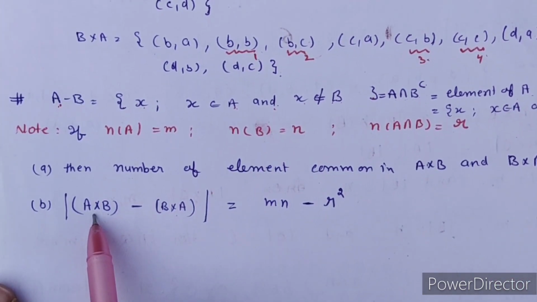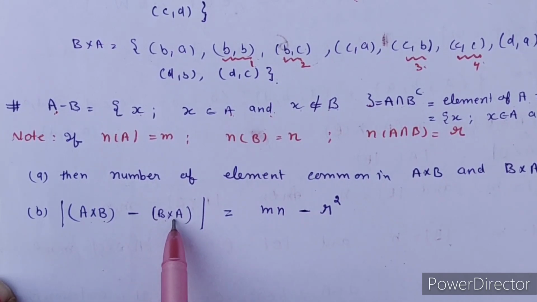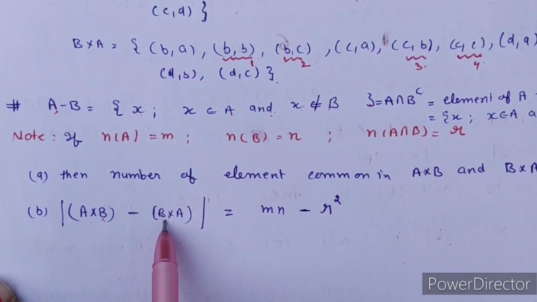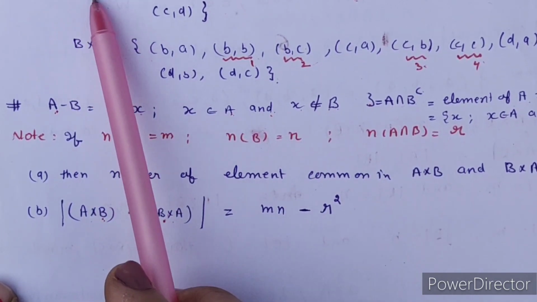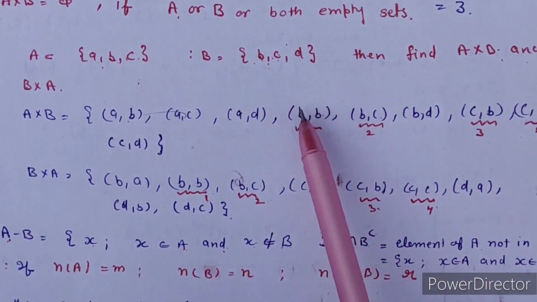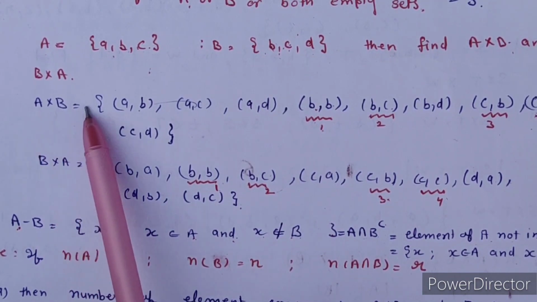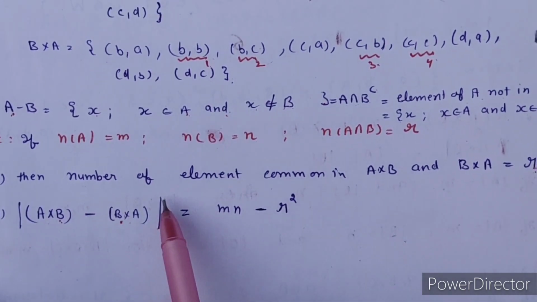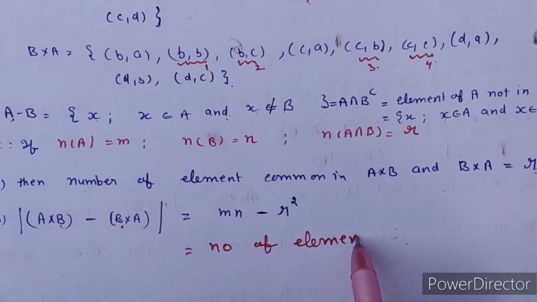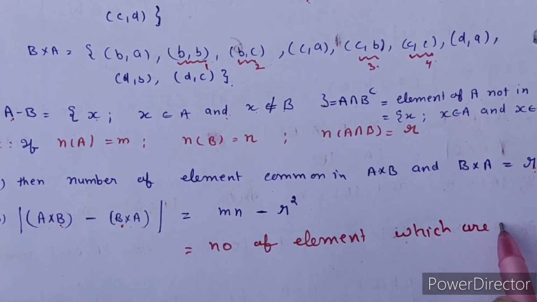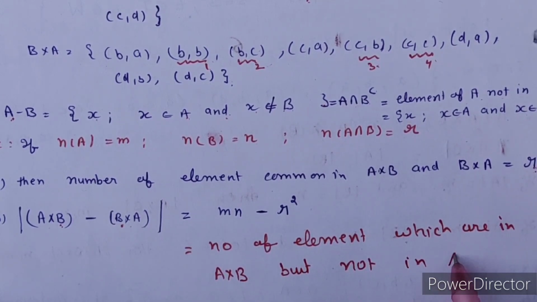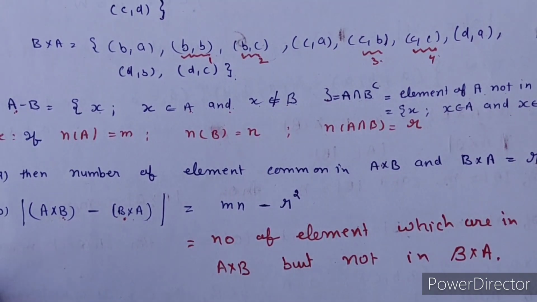Okay. So there is a formula. For A cross B, the Cartesian product of A and B, how many elements are there which are in A cross B but not in B cross A? If you take such a collection, the elements of A cross B which are in A cross B but not in B cross A, then you eliminate these 4 elements from here; these are the 4 elements. So how will you write it? The determinant of A cross B minus B cross A, that determinant means the number of elements. So this is the number of elements which are in A cross B but not in B cross A.